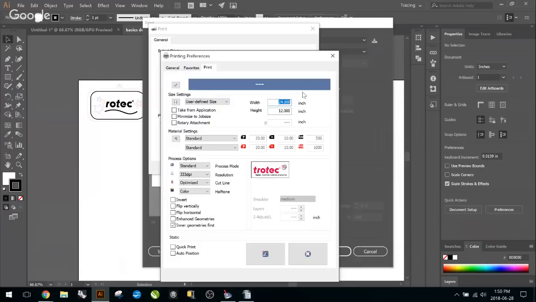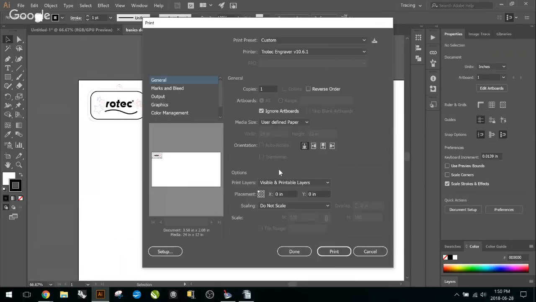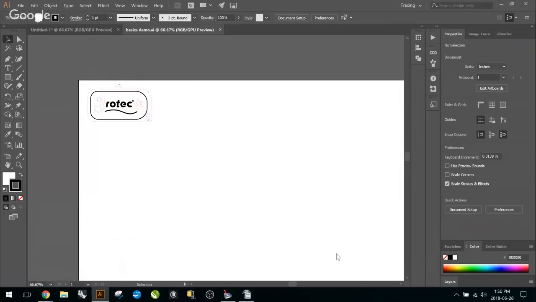right here. So this is your material size. This will have to be selected every time you create a new job with a different material size. It's good to just double check this depending on what you're trying to do. So with that, you'll get a preview here, and if it looks good to you, you can select print. So our job just got sent to job control,